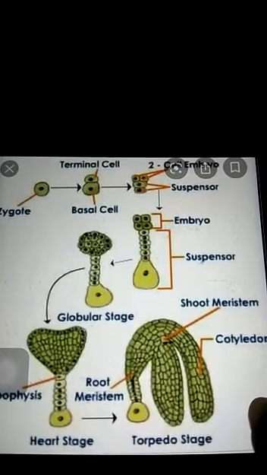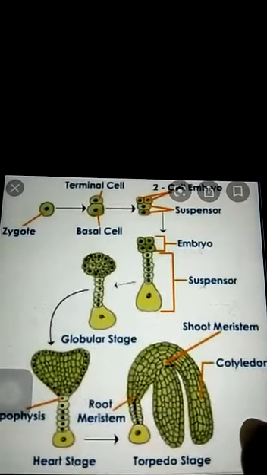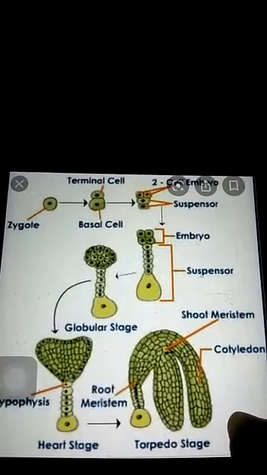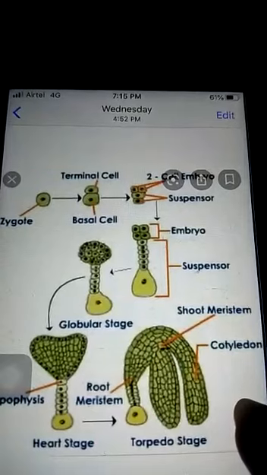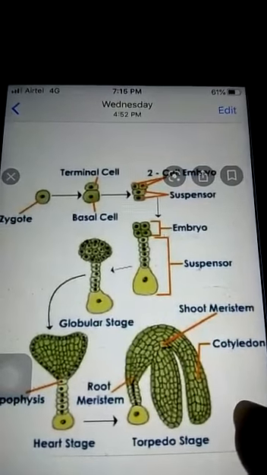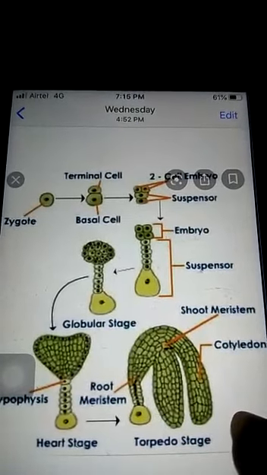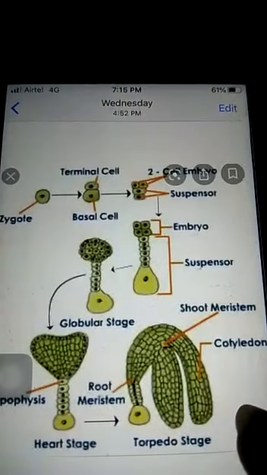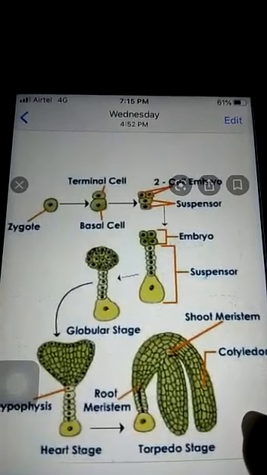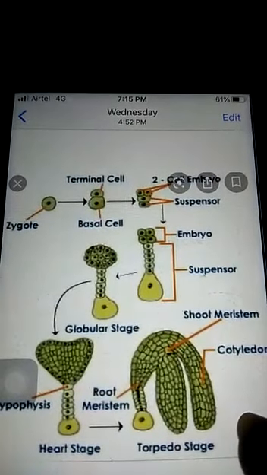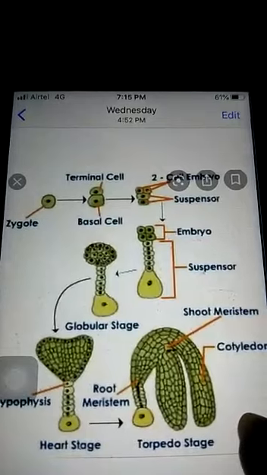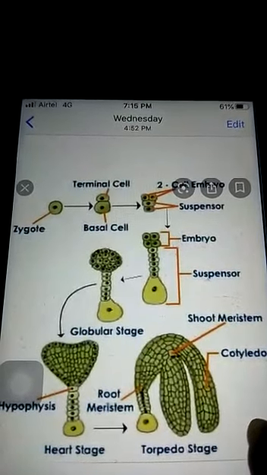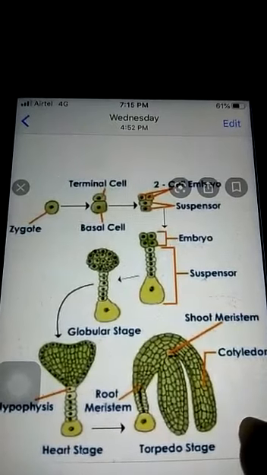Today we'll start our class with the next post-fertilization event, that is the embryo development. The embryo development begins with the zygote, which is a single diploid cell. The zygote expands and divides into two cells, that is the embryonal cell and the suspensor cell. Now further there is a division in the embryonal cell and the suspensor cell, and the 4-cell stage is